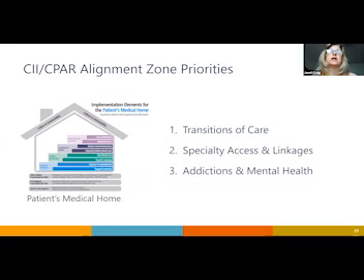So the Edmonton Zone has got 3 priorities for the zone, and you can see them on the slide. From Wayne's story, we can see that CII CPAR fits really well into those priorities. So it helps us with specialty access. If a specialist signs up for CII, then the consult letters from the specialist appear on NetCare. And if a family physician signs up for CII CPAR, they can see when their patients have been in emergency